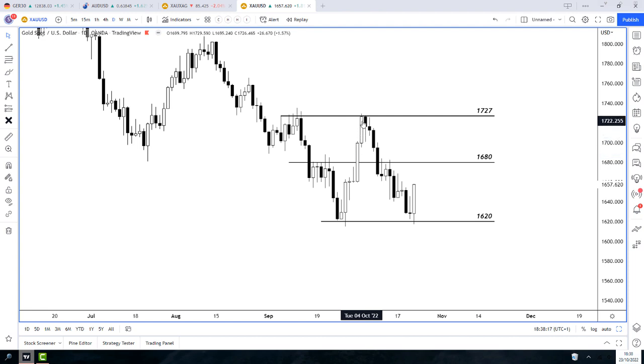to 1727 before we reversed again. So we found resistance at 1727 and came all the way back to 1620. Broke and retested 1680. This is an important level to watch as well, because look at this level here where we break, retest, boom, go down. So this is an interesting area to have marked down as well. Did exactly the same thing here. We broke down, retested, and then pushed down back into 1620, where for the second time we have seen a